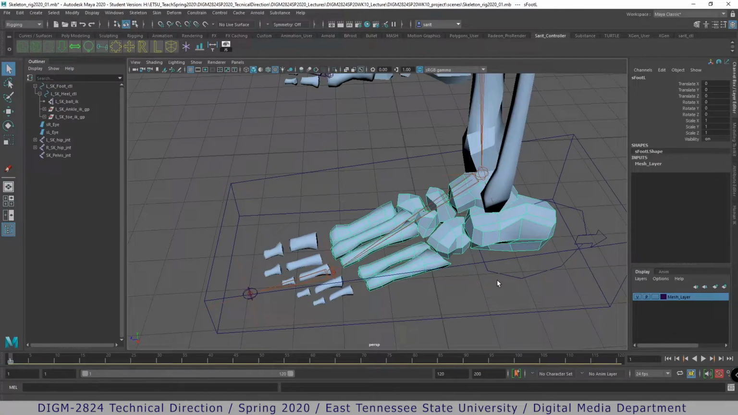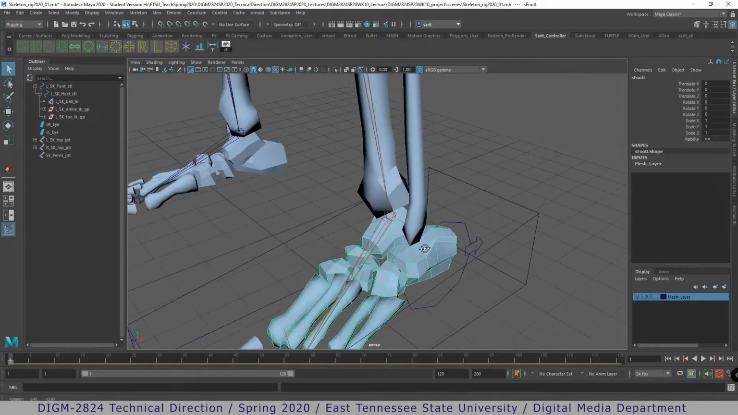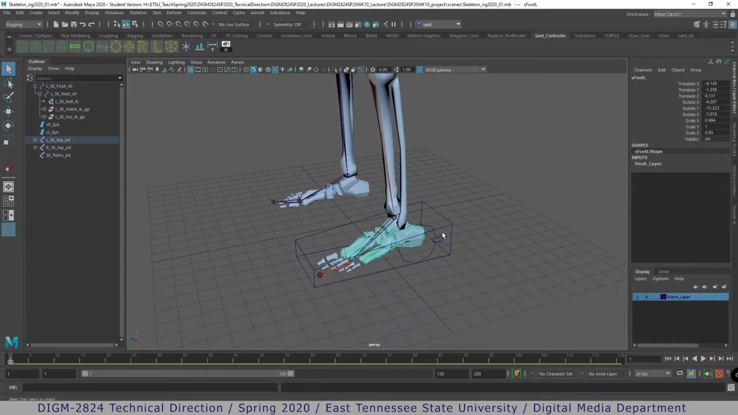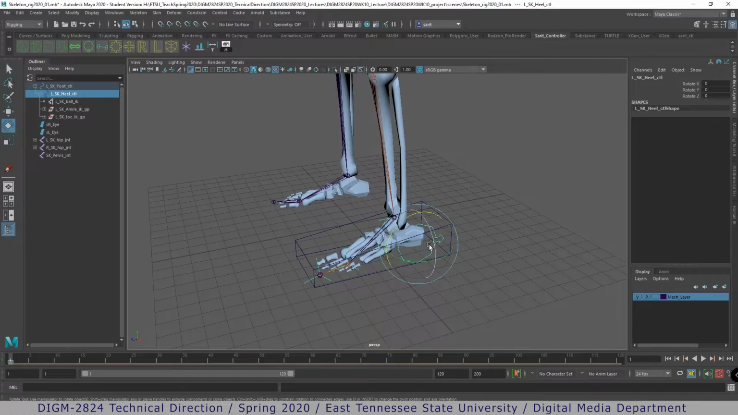And then we're gonna parent it to the angle joint. So parent it, test. If I grab the heel control, when I rotate it, it should go with it. And if I grab the